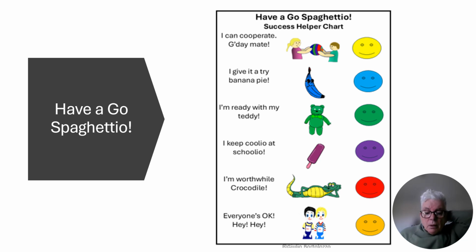You might want to say at the beginning of the day, we're going to have a successful day today. We know that the 6 success helpers help us to do that. Let's work hard to have a happy and successful day, and not to let success stopper thinking stop us. Another name for success stopper thinking is brain bully thinking. Brain bully makes us feel worse and makes us make decisions that are not helpful to us or to others.